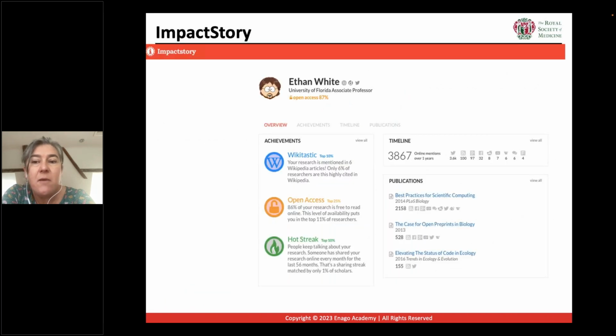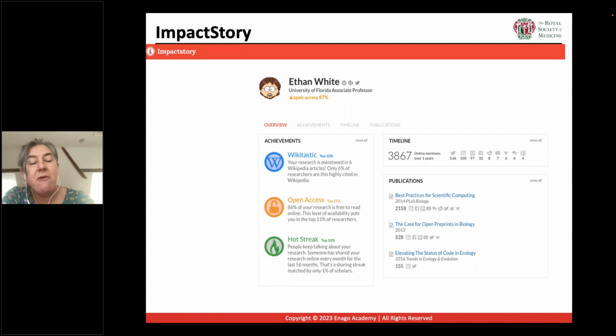So here's a sample profile of an author on Impact Story. It's got an overview of achievements, including Wikipedia mentions, percentage of content available as open access, and also the hot streak, which provides insight into the conversations happening around your research. And then each of your achievements is benchmarked against the activity of other authors within the network.